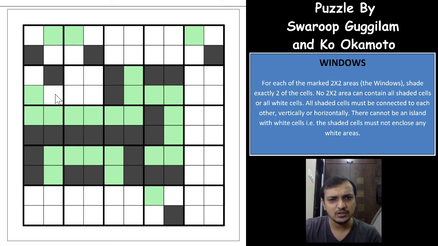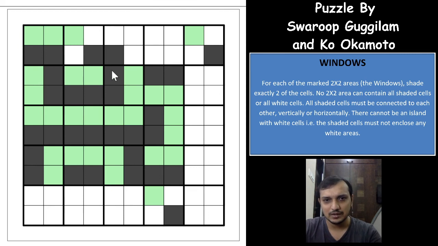this has to be black because of the 2 into 2 group, which gives you this as black. Okay, so if you see here, a very good logic, a very narrow logic I would say. The moment you mark this as black cell, this becomes a white cell and this becomes a black cell now, right? And you form a 2 into 2 group of white cells, which means this has to be white, this will be a black, this will be a black, this will be a white, and this will be a black.